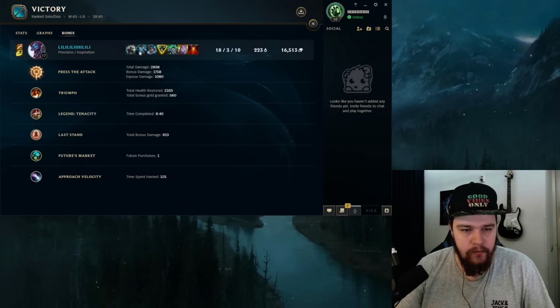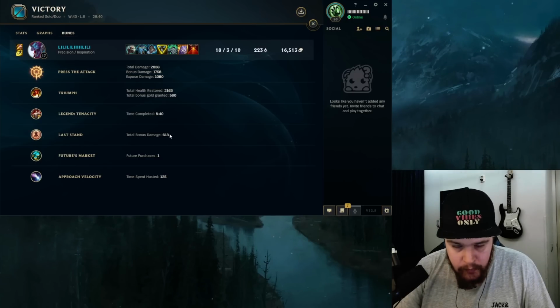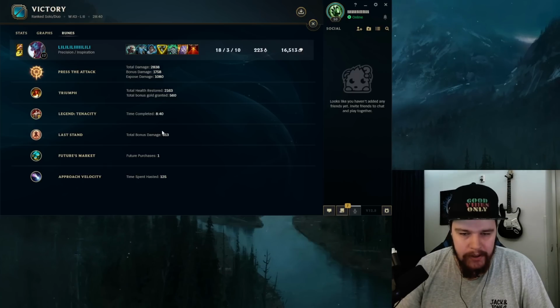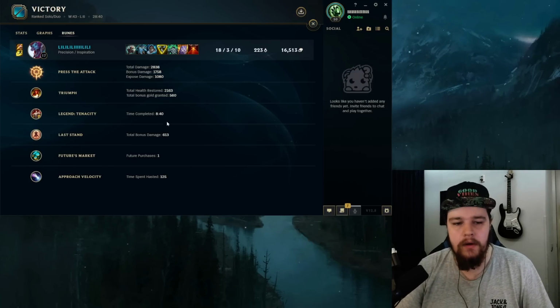We have runes damage here. Press the Attack did a total of 2800 damage. Last Stand wasn't the most effective rune this game, because I wasn't low that often due to creating a lead for myself in the early game and being able to walk away with that lead. But it's still been a reasonable amount of damage, let's say. Approach Velocity gave nearly 2 minutes of hasted time, which is very effective, of course. And yeah,